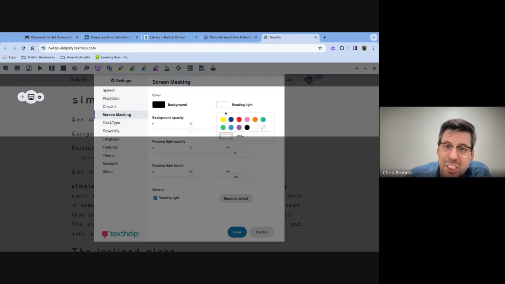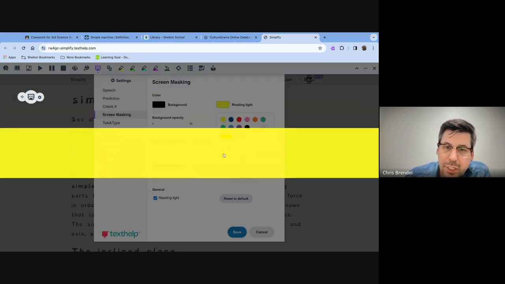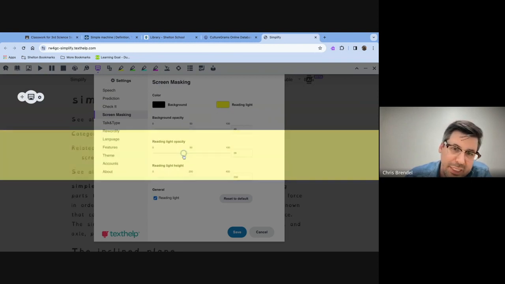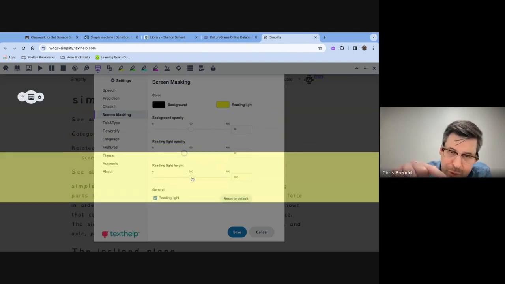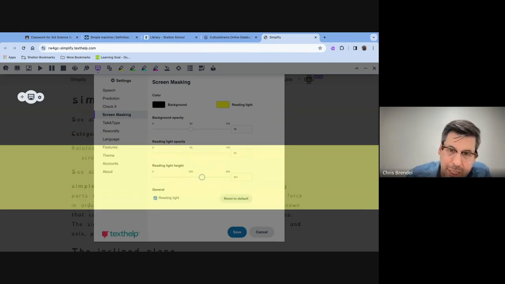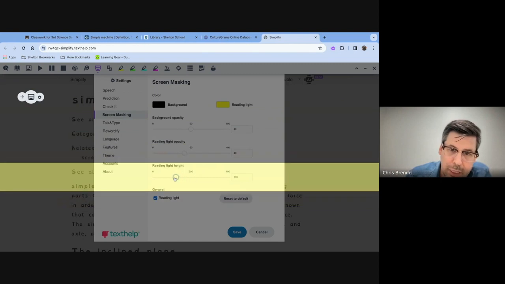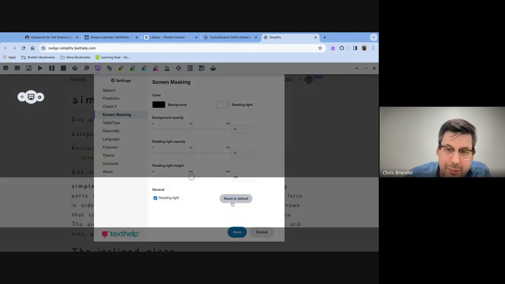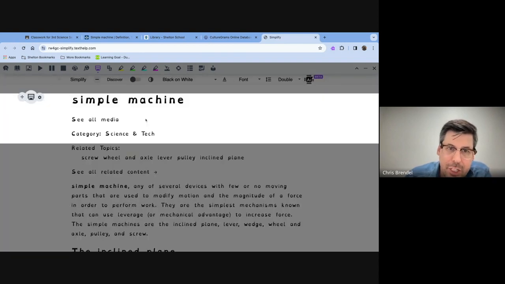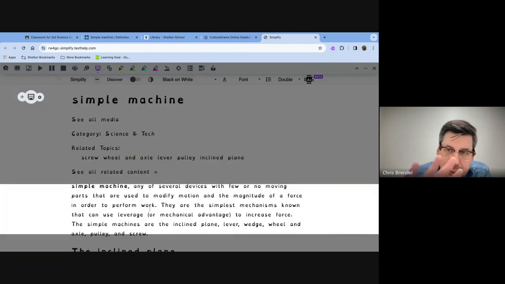Let me change it to like yellow. There we go. So we can see that much better now. And then the reading light height. So it's going to adjust the thickness of our screen mask here to greater or less, depending on what they want. And then they can always just hit reset to default, save,